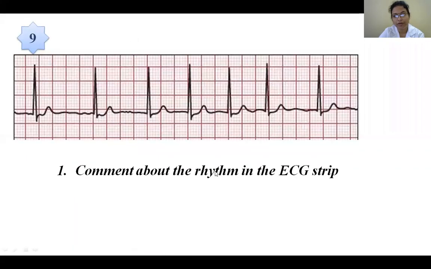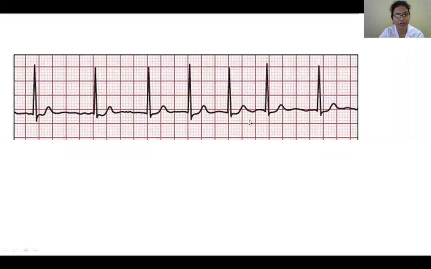Now, comment about the rhythm in this ECG strip. Now, as you look at this strip, it is evident that the rhythm is irregular. So, the best is, now we have taken 2 points over here on the paper pencil method. So mark these 2 points and when you switch to the consecutive QRS complex, you see that the distance is less. Again, you compare here, this RR interval corresponds to this RR interval.